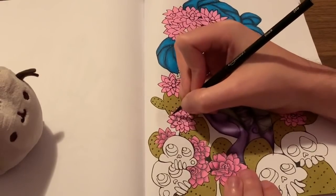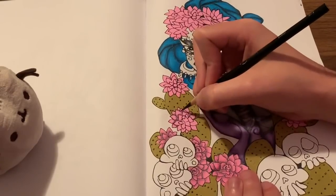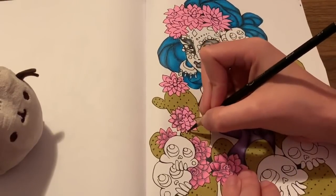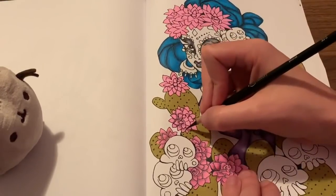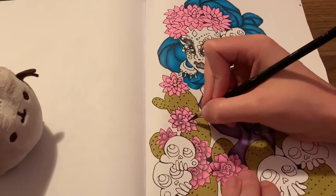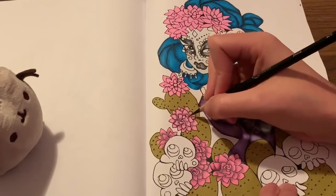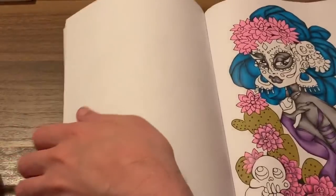Yes, I hope everyone is looking forward to this month's color along. Even if you don't want to do a spooky picture, it's just about doing something with a Halloween theme. So you can do very cutesy pictures, like one of the cute witches from Jade Summer. I was very tempted to almost pick that book up before I found the one I did get. I've been going back and forth about that book for a while, and I almost got it, but then I was like, no, I want the other book. But it could be a cute witch. It can be just a cute little thing. It doesn't have to be a spooky picture. If you don't want to do like this, you can do something like,